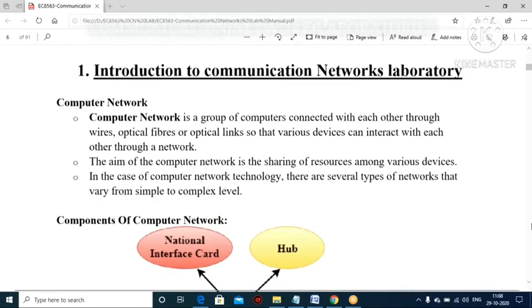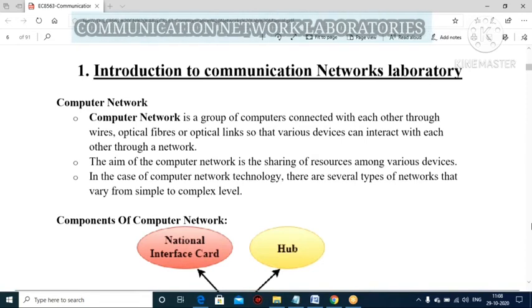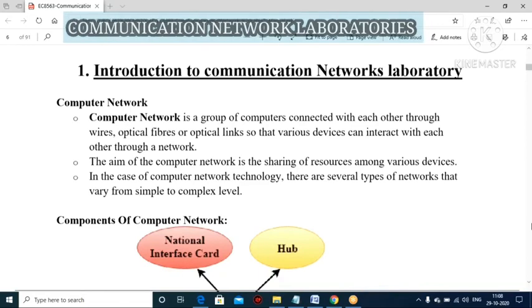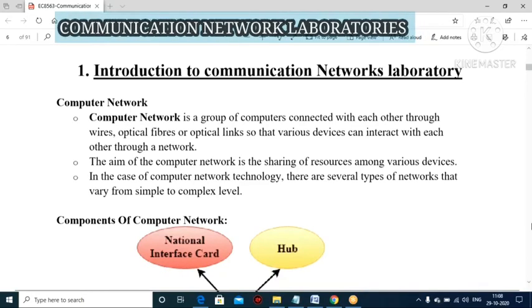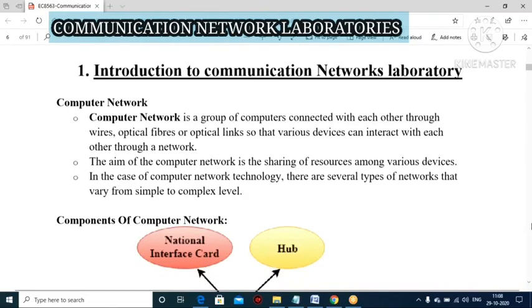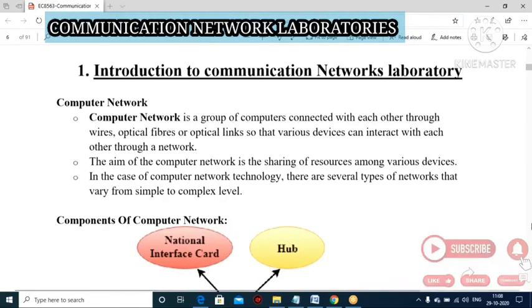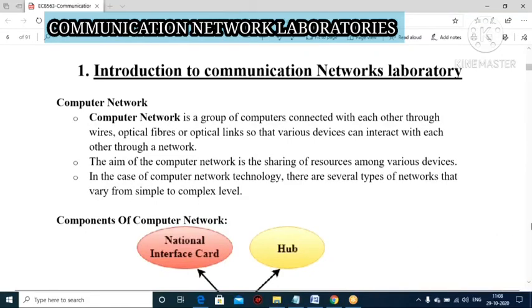Today, in this lecture, we will learn about communication network laboratory. How to start with our CN lab, that is communication network lab. Here, I will give just a brief introduction about the basics of communication networks, and I'll give you a short introduction about Java, and also demonstrate a basic program under the Java compiler. Right? Let's start the session.